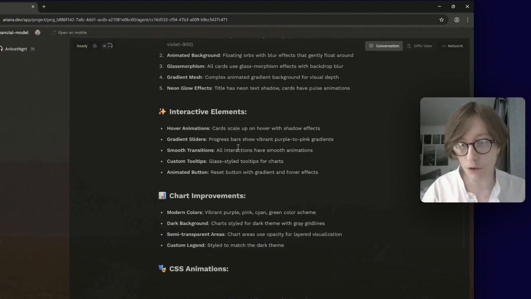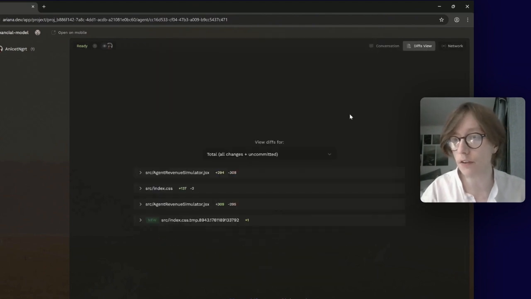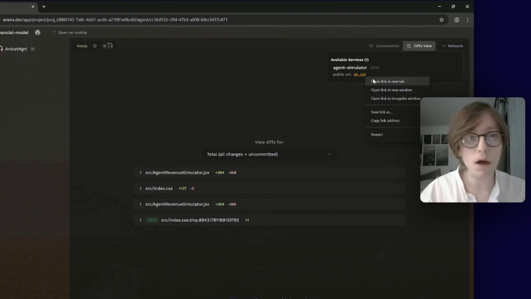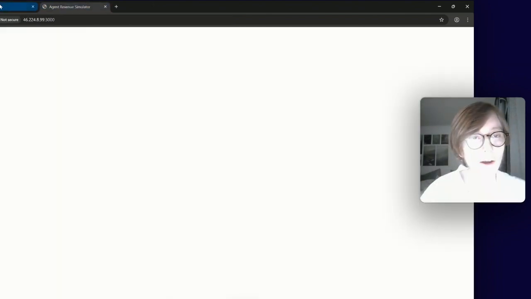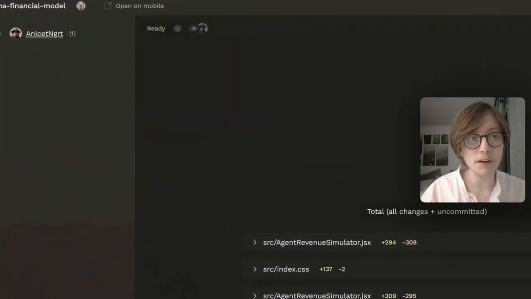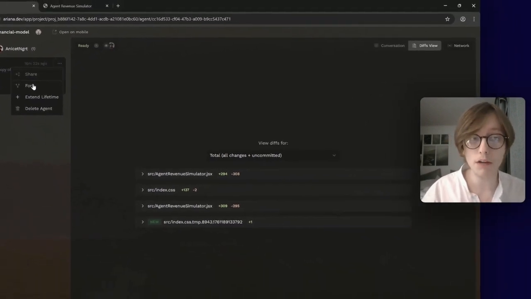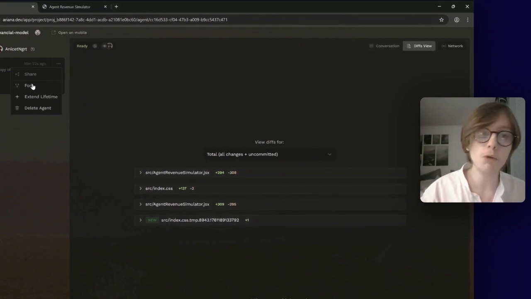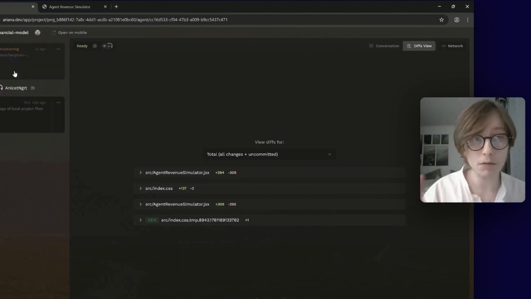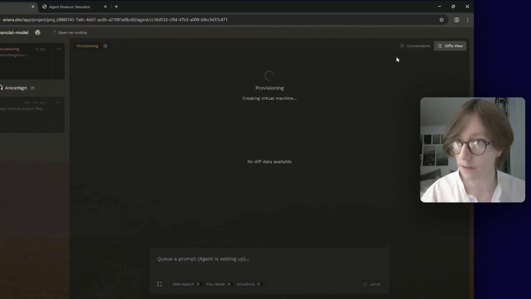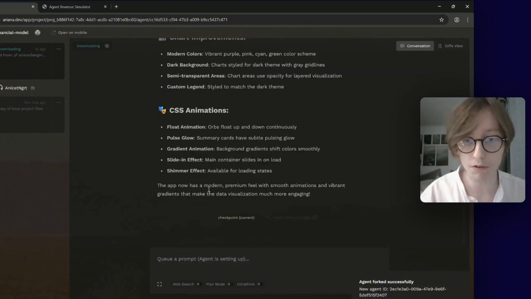And now I'm in this conversation too with these two other people. And what can I do with this conversation? Because reading it is nice, or seeing the diff is nice, or even accessing the network is quite cool. But what else can I do? Well, it goes very far. You can basically take it and say fork. And whether you are on the repository or not, as a member or not, if we share an agent with you, you can fork it, which means you create another machine with another agent with the exact same code in it and the exact same conversation history. And now you can basically take my work, take the context that led to my work, which is even more important, and say, hey,